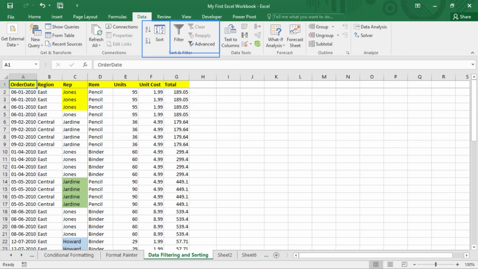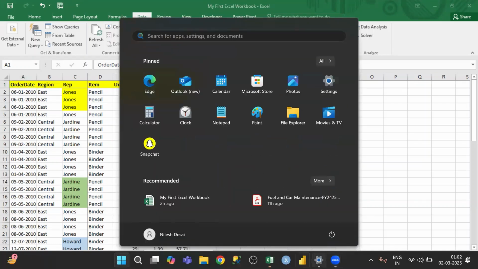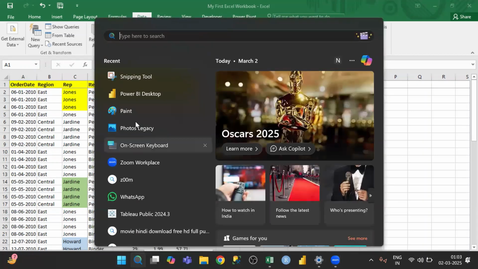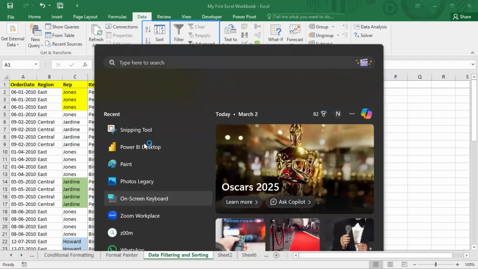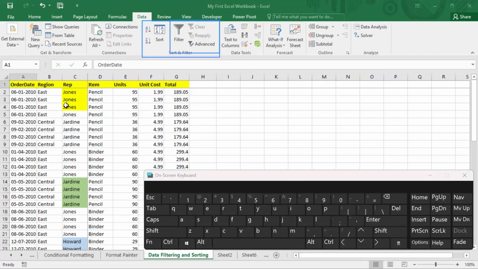The third method, as I told you earlier, is through the keyboard. Now, keyboard again has multiple options. When I'm talking about keyboard, either you can access the ribbon through the keyboard. I'll go back to my Excel sheet. So the options that I showed you right now,